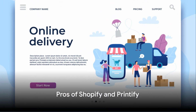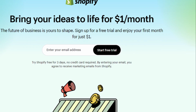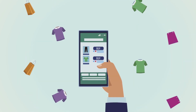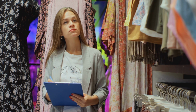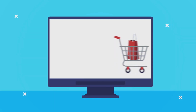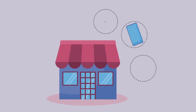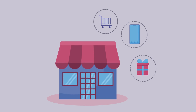First, let's look at the bright side, the advantages of each platform. Shopify is a real powerhouse in the e-commerce world. Its wide range of features makes it an all-in-one solution for online businesses. Whether you're selling handmade crafts or high-tech gadgets, Shopify has you covered. The platform is known for its user-friendly interface, allowing even the least tech-savvy among us to set up shop with ease. Not to mention, Shopify's extensive app store provides scope for customization and expansion, making it a flexible choice for